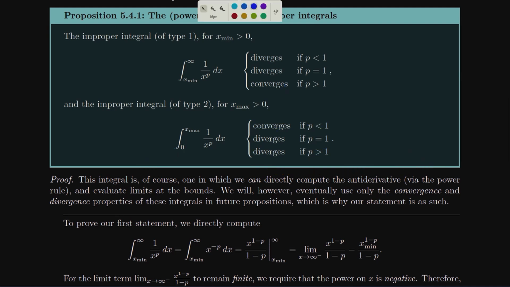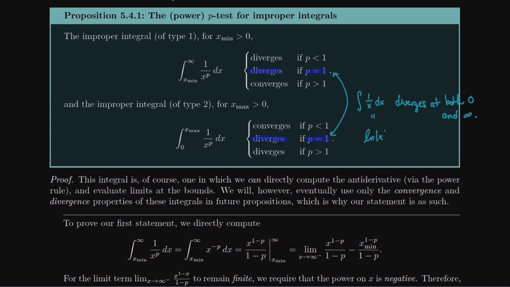Now, unfortunately, you would like to flip everything, but the special p equals 1 case is the case where no matter what, it diverges. Okay, so the integral of 1 over x dx diverges at both 0 and infinity. It's not really a surprise, because what is that antiderivative? It's the natural log of the absolute value of x, and we know how the natural log behaves. The natural log is this function that kind of looks like this, right? And so it goes down to negative infinity near 0, and it goes out to positive infinity as we move to the right. So the natural log function gets in our way, and no matter what, if we're just doing 1 divided by x, we diverge. We can never have a finite area there.